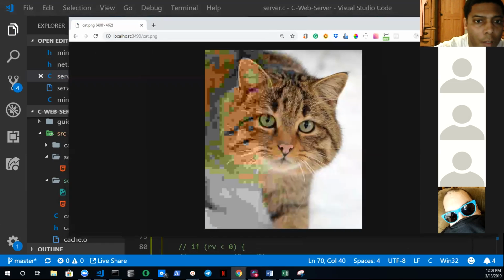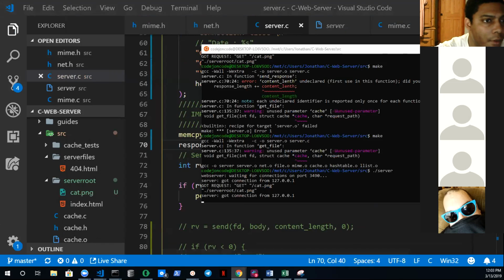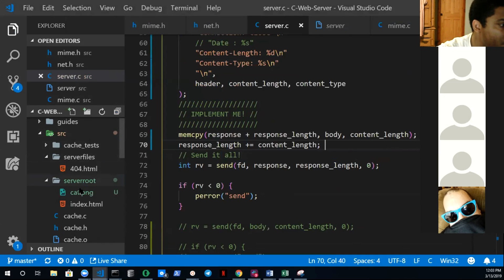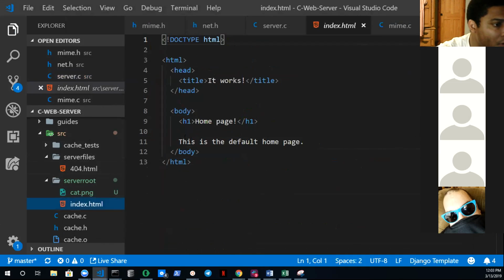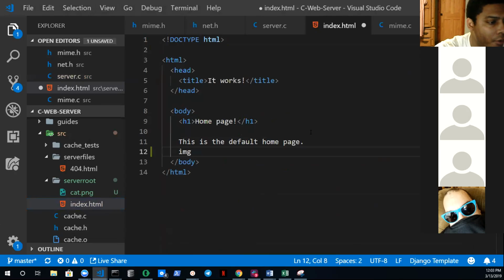So one other thing that I want to show you guys is how this works. I'm going to go to the index HTML, and now I want to add something to it. I'm going to add an image tag, or if I can remember this. I'm so used to it doing it for me. I don't think that I remember the image tag. Let's see, img src equals,